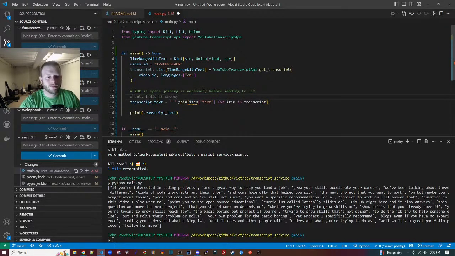I don't know if joining is necessary, but I did, so it looks the same as what I manually pasted into the ChatGPT UI. You should join on space. It's just one big string. Yeah, I'm joining on space.